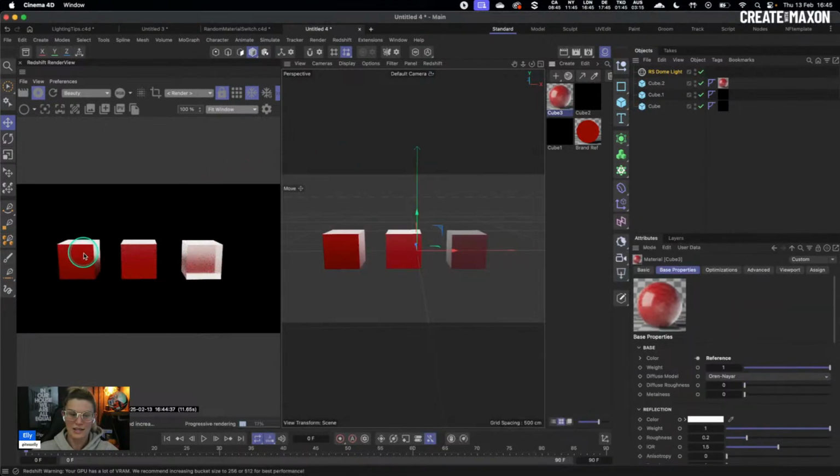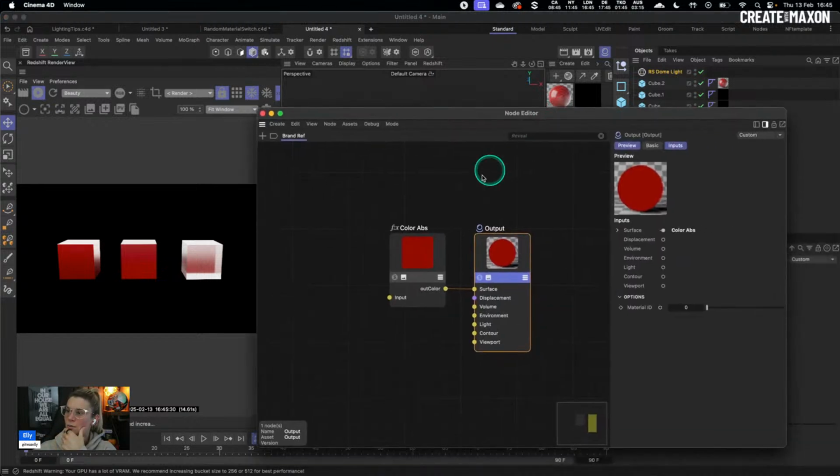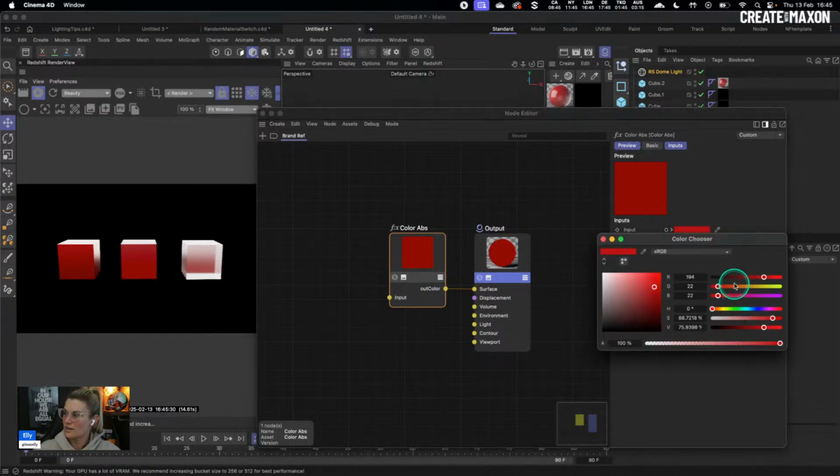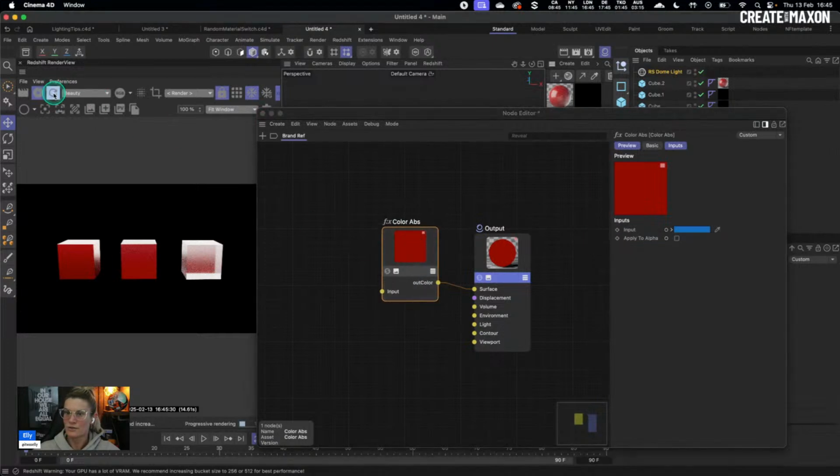So they're all the same color because they're referencing that brand color, but then one's metal, one's plastic, and one's glass. Now what we can do with this setup, because everything is connected to our reference node, is come into our brand reference. And if they say, oh, actually, we've changed our brand color, or we now want it to be the blue instead of the red, we can come in and change it to blue,